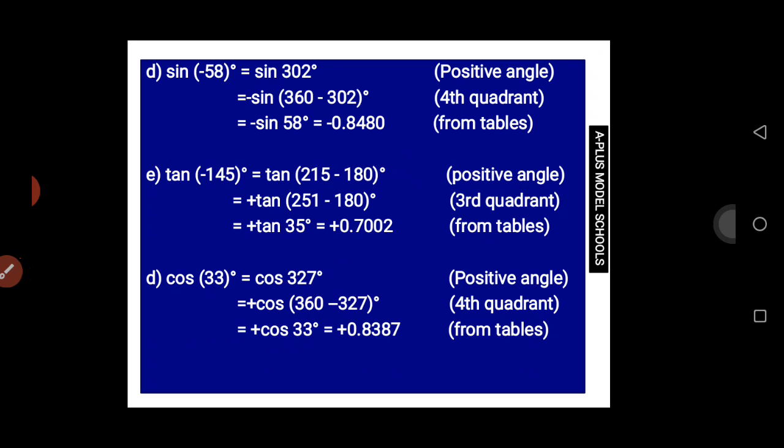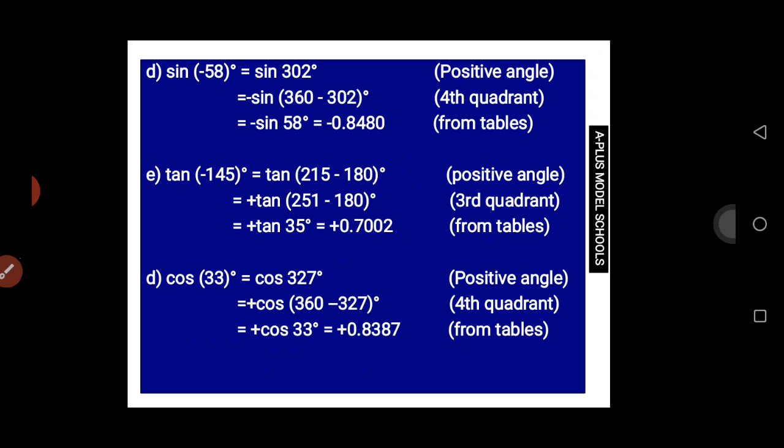Then the example E, which is tan of minus 145 degrees. So checking, minus 145 falls in the third quadrant, reading the angle in a clockwise direction. So that will give you minus 145 degrees. Then you add 360 degrees to minus 145 degrees. So that will give you 215 degrees. So then it means I have tan 215 degrees. In the third quadrant, tan is positive in the third quadrant. Tan is positive in the third quadrant. So I have tan